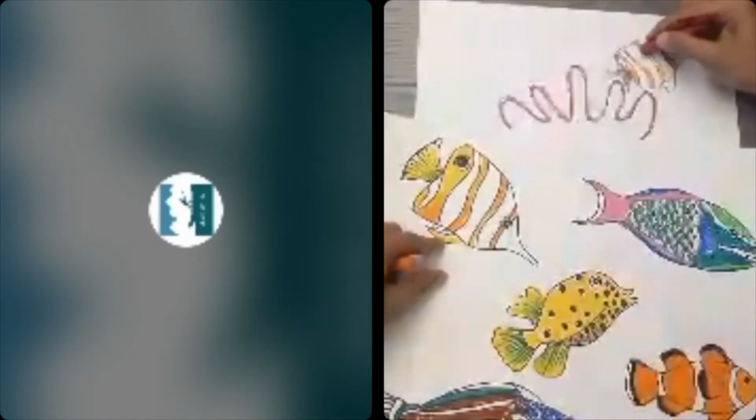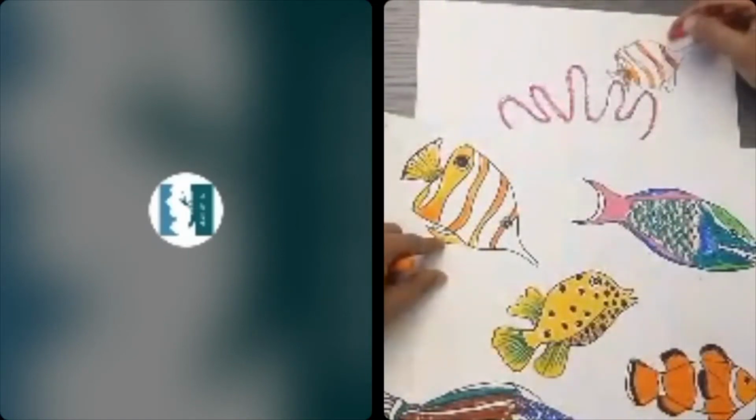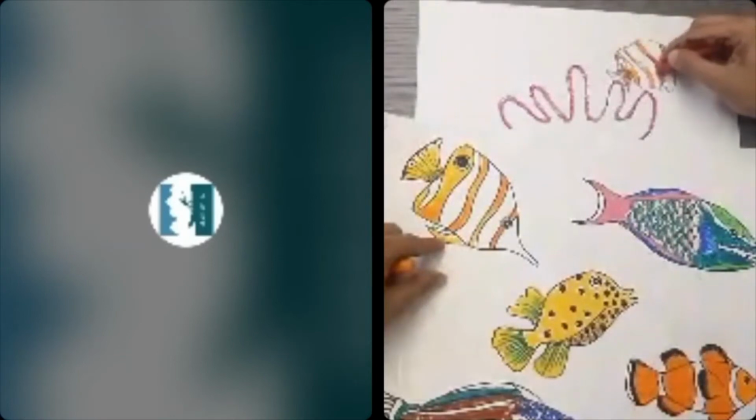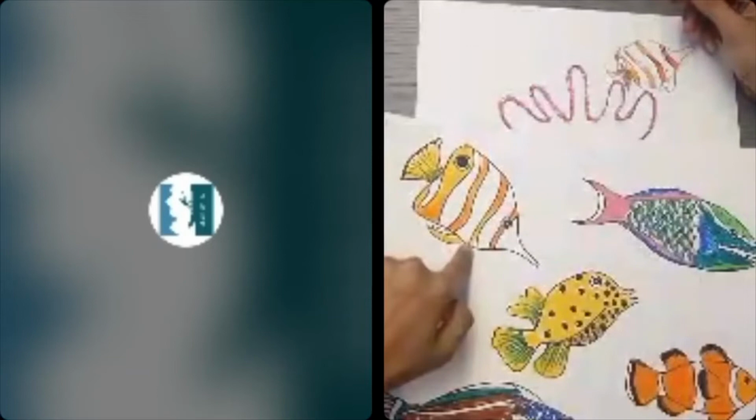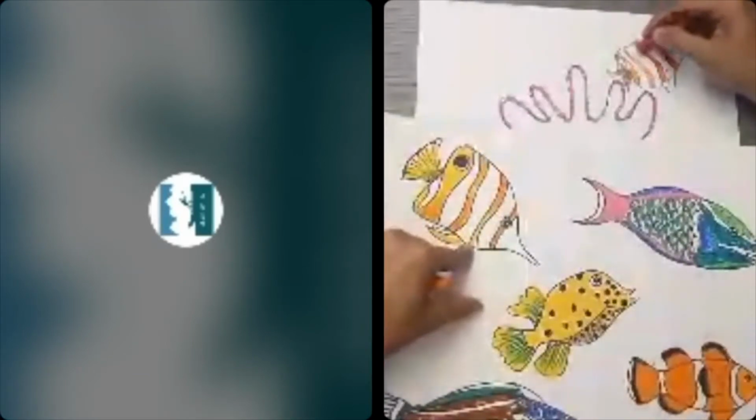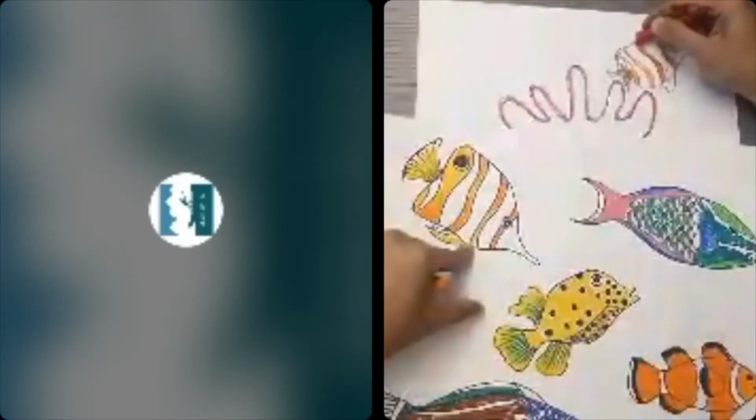Okay, just merging the orange and red together. So I have done that here with yellow and orange, as you can see. A gradient really adds something to it.